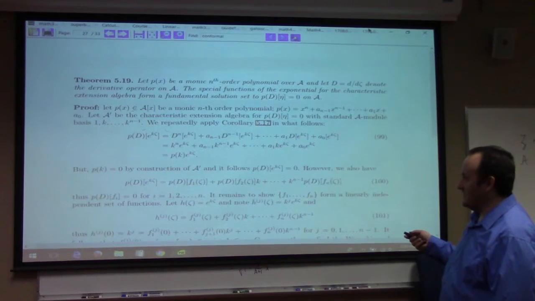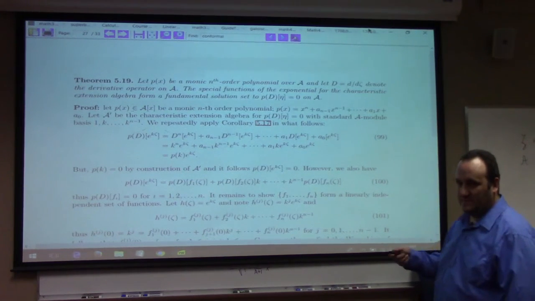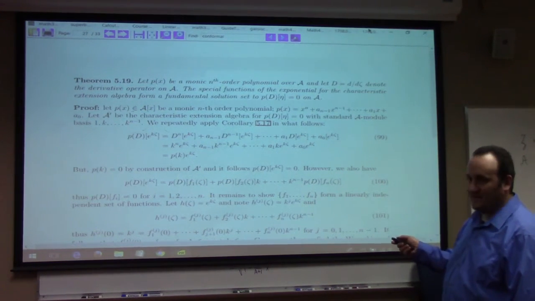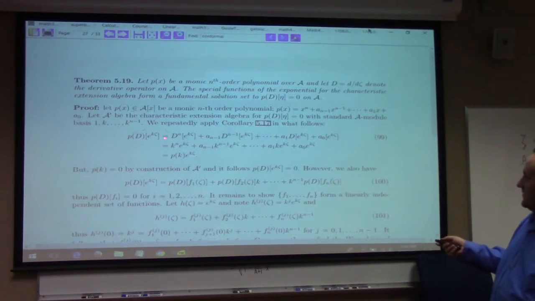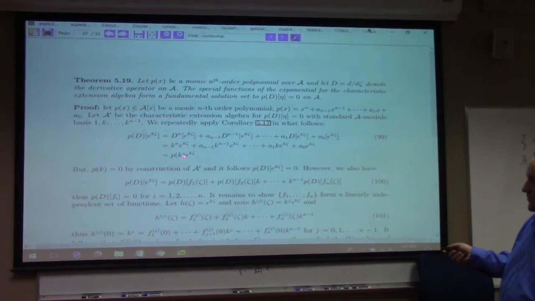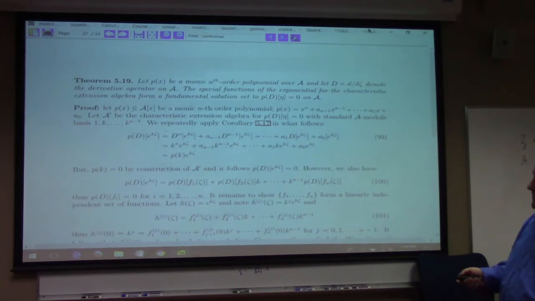So it's just what you've seen: the n-fold derivative of e to the kζ is k to the n, e to the kζ. And the same goes for each power, and so you factor out the e to the ζ, you get p of k, right? But in A prime, we have constructed A prime precisely so that p(k) will be 0. And so this is equal to 0,